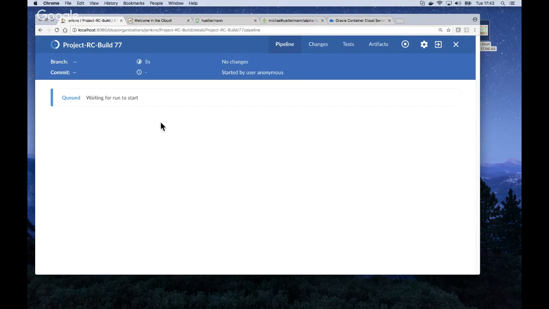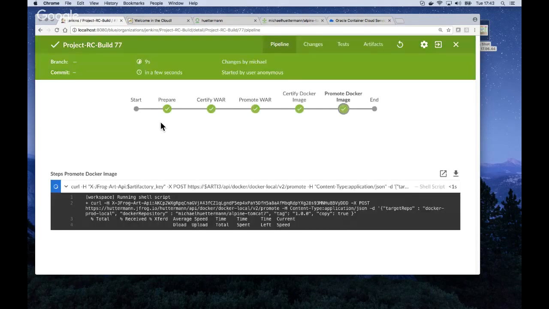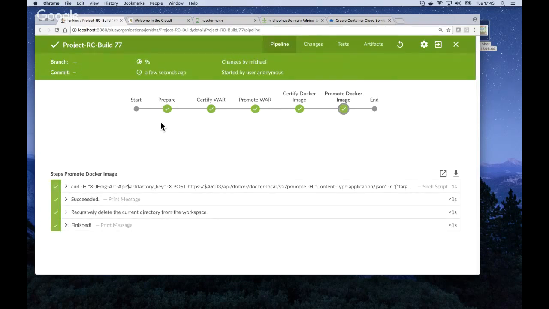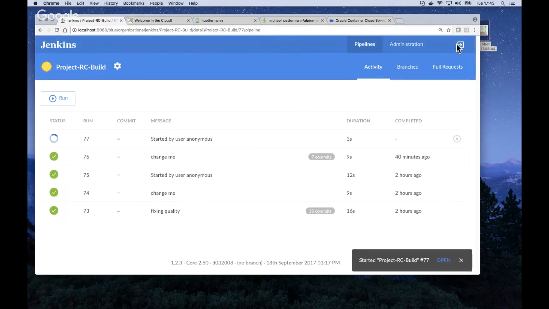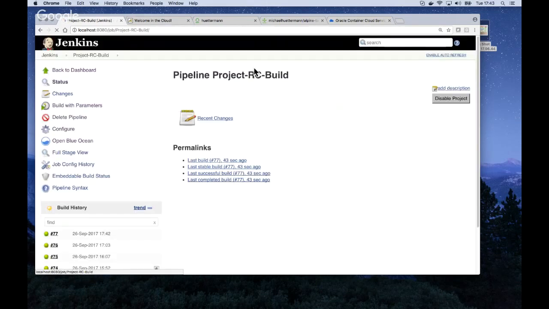What does it mean? We just add some more contact information and we promote the binaries, the WAR file and Docker image to dedicated logical repositories inside Artifactory, right? So you see we have some preparation, labeling, adding contact information and promoting the Docker image and also the WAR file. So that's really important that we always process and operate on the packaged binaries, which were packaged at the very beginning, right? So that's the RC build,